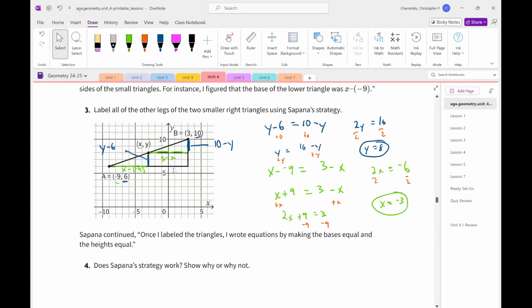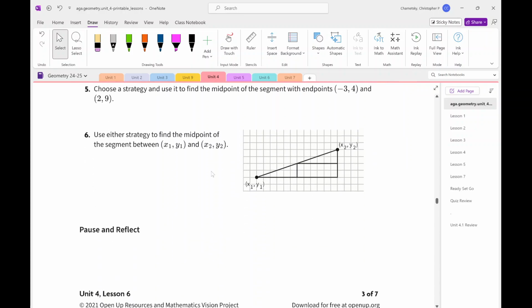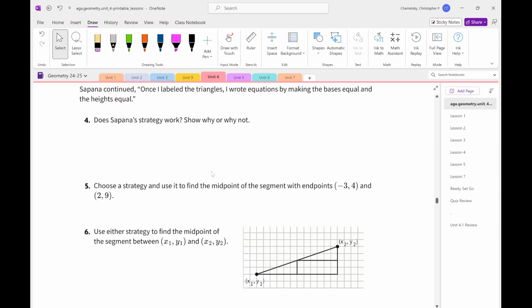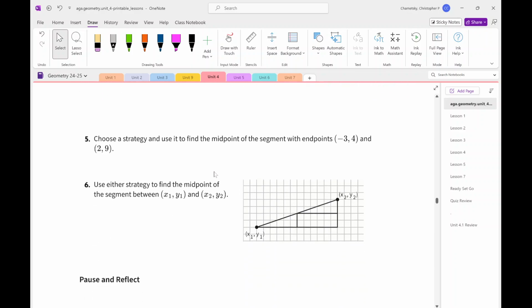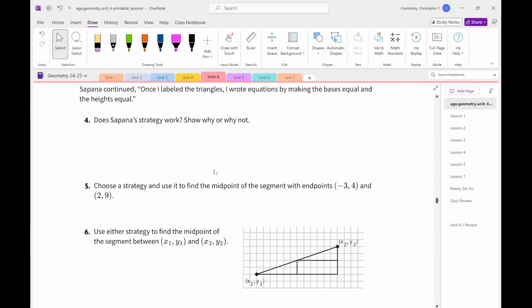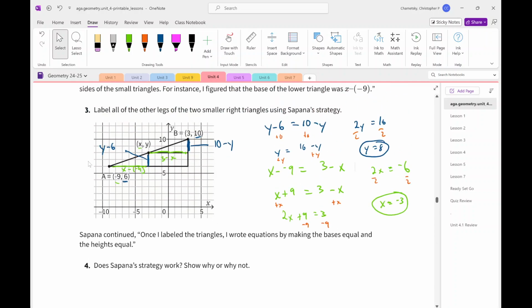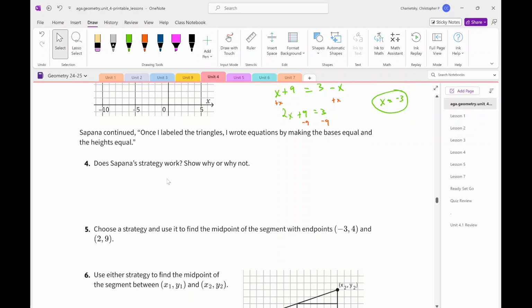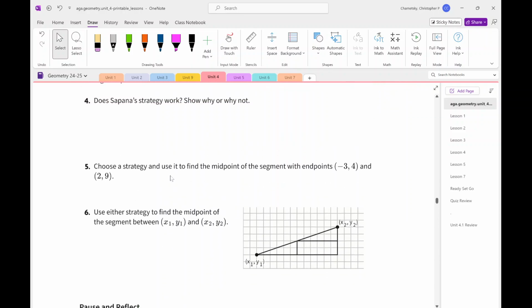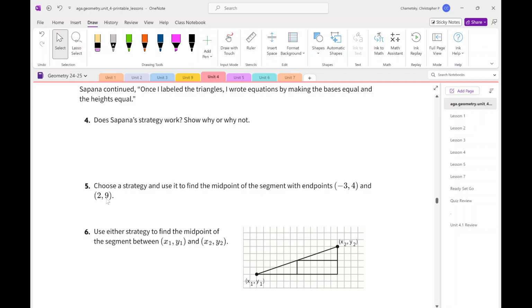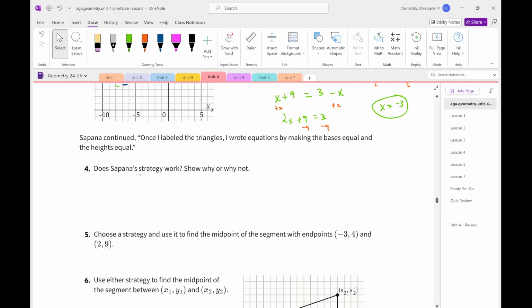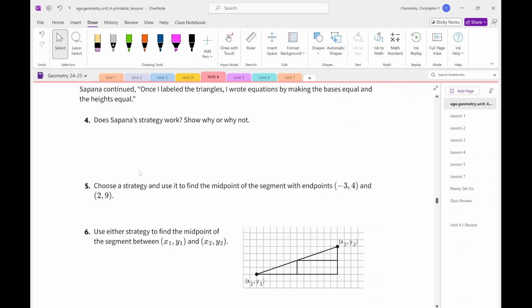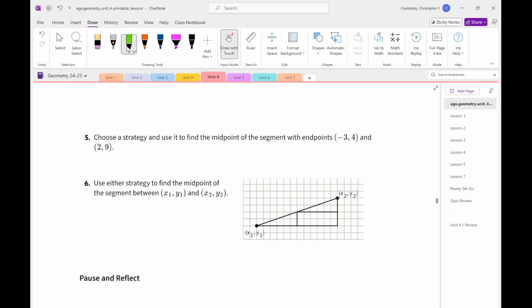So it's a little bit more algebraic. And we're kind of going to settle on a strategy that's in between these two here. Okay. So both of them are finding the halfway by finding half of the whole. But really, if we're trying to find a halfway point, in both of them we break it into x's and y's. So the best way to do this is to find the halfway point between your x's and then find the halfway point between your y's. Okay, so